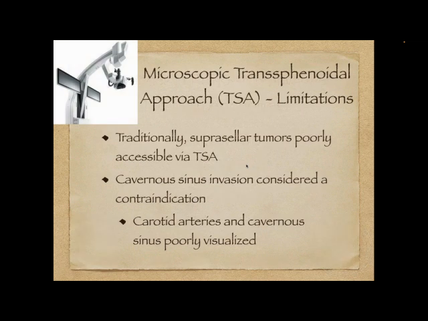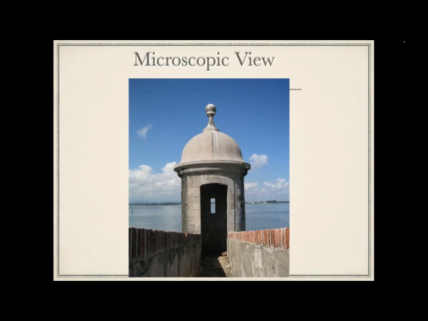Traditional surgery for pituitary tumors is done with what's called a microscopic transsphenoidal approach. Sphenoidal meaning going through the sphenoid sinus. But this has some limitations. There's a microscope that's used outside the nose, and there are certain areas that you can't see. Suprasellar means the tumors that go above the area where the pituitary normally sits. And there's an area called the cavernous sinus that we'll talk about, where the carotid artery and the nerves that move the eye are, that really are not well visualized, and therefore it traditionally has been contraindicated to access tumor there. And the reason is simply this.